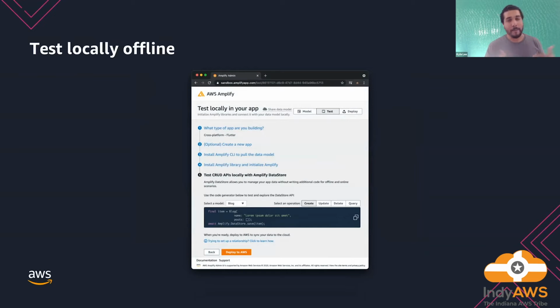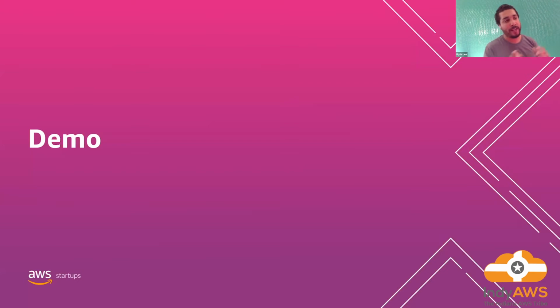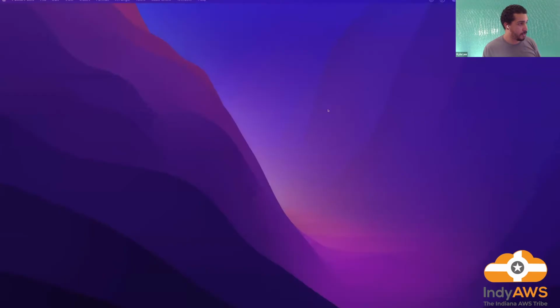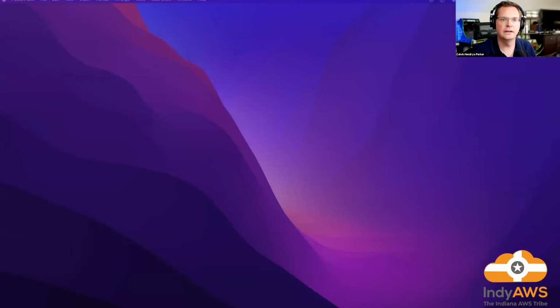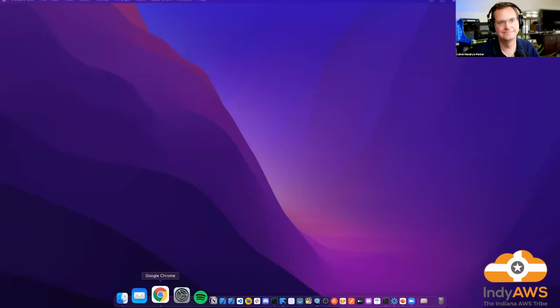This is the part that I won't go too deep into today. Like I said, I'm a mobile developer. I don't want to bore you with the iOS portion of it. But if you want, we could go a little bit deeper. Let me show you a demo of what it's like to get started on the sandbox admin UI, and then what it's also like to go through the full-fledged process of getting started with AWS Amplify. Before I start the demo, are there any questions that anybody wanted me to address? I haven't seen any come across in the chat, so okay, I'd say forge ahead. Let's do it.